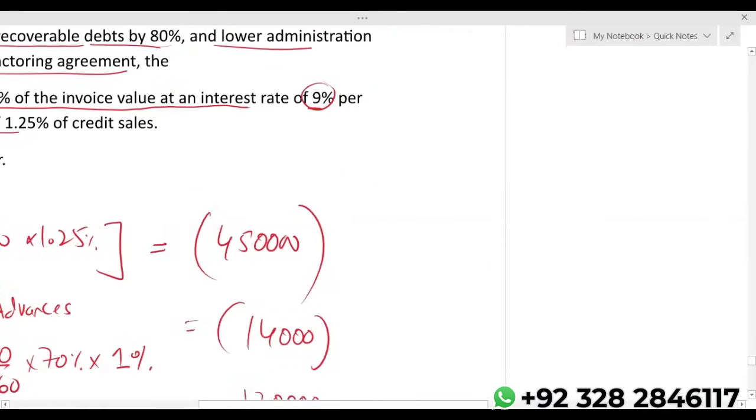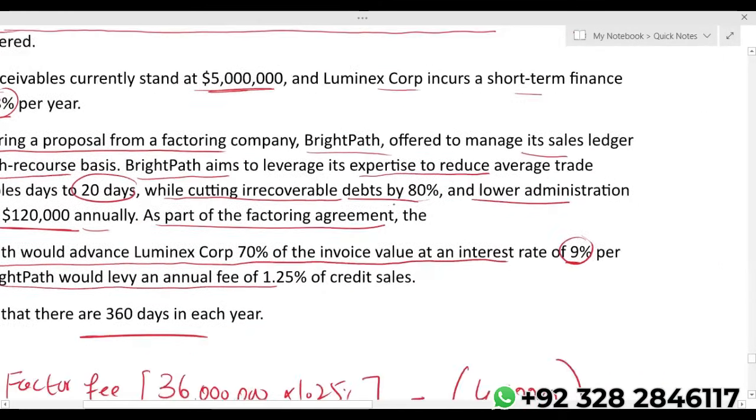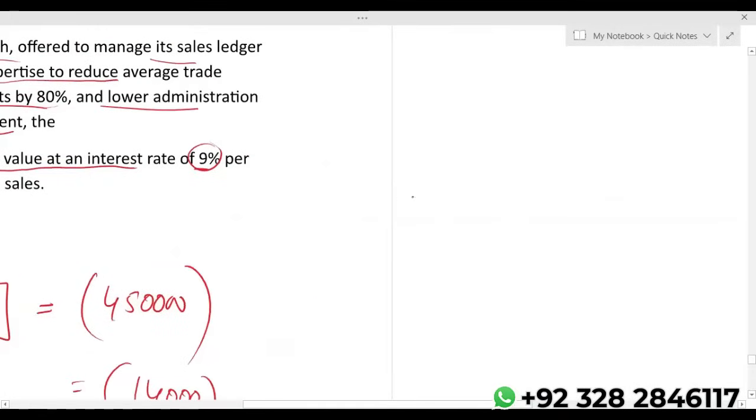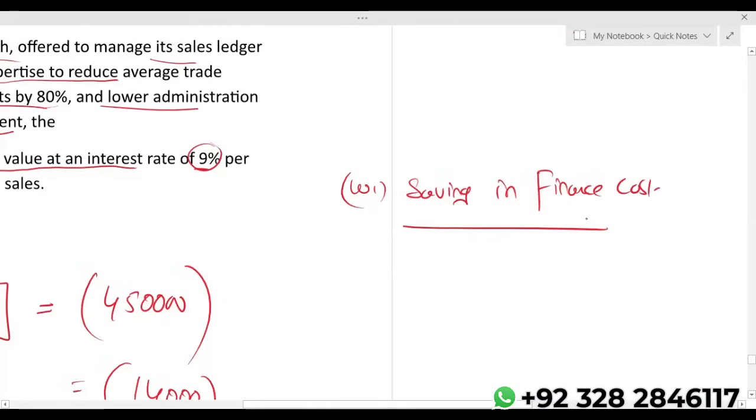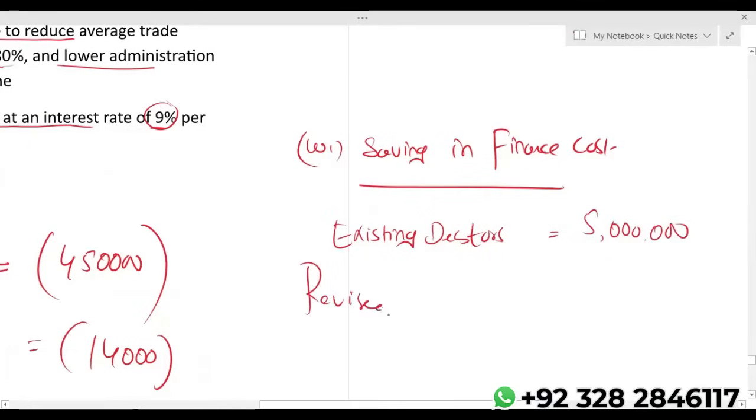Now let's check saving in the finance cost. Existing debtors, they are 5 million. Saving in finance cost: reduction in debtors into OD rate will give you saving in finance cost. Existing debtors, we have got 5 million. Revised debtors,